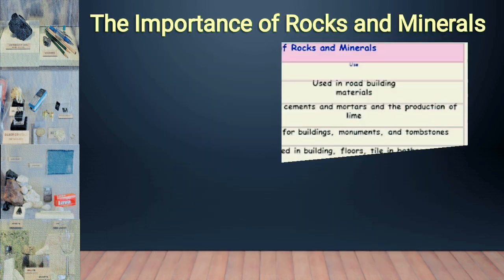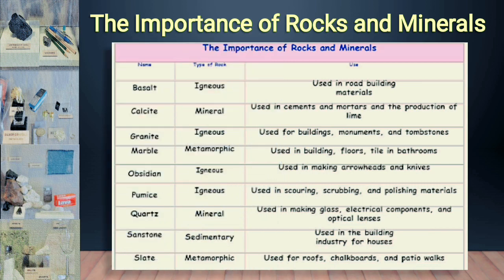We have here the importance of rocks and minerals. We have here the different kinds of rocks and the type of rocks and its uses. We have here the basalt, igneous, used in road building materials; calcite, mineral, used in cements, mortars, and the production of lime; granite, igneous, which is used for building monuments and tombstones; marble, metamorphic, used in building floor tiles in bathrooms;